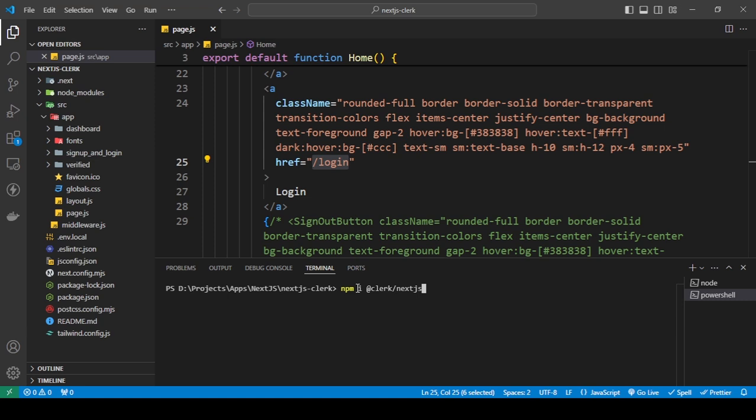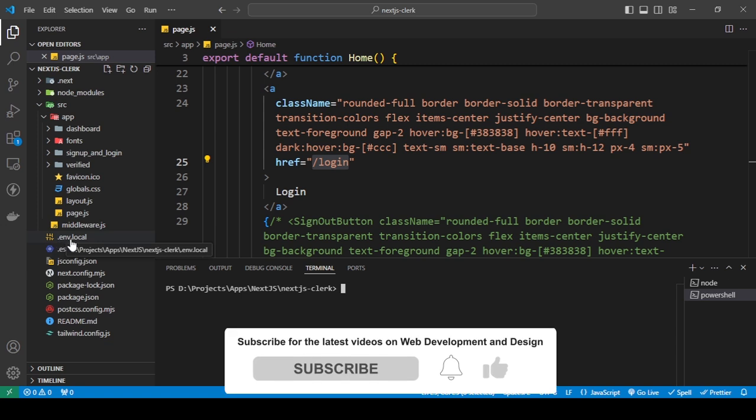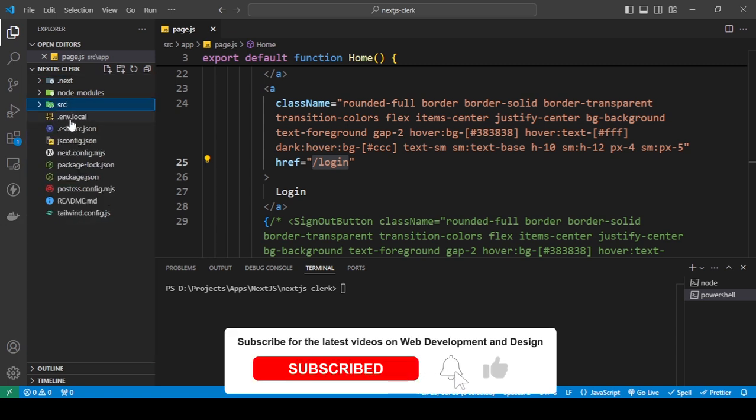I've already installed Clerk in Next.js, so I'm not going to run this. But after you have done this, create a .env.local file outside of your source folder. Okay, then